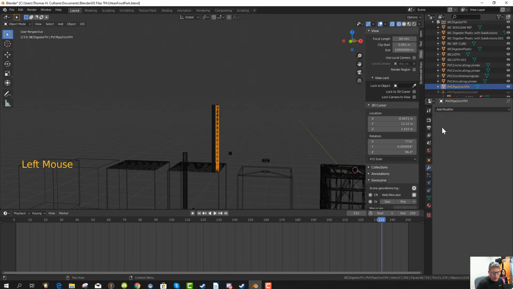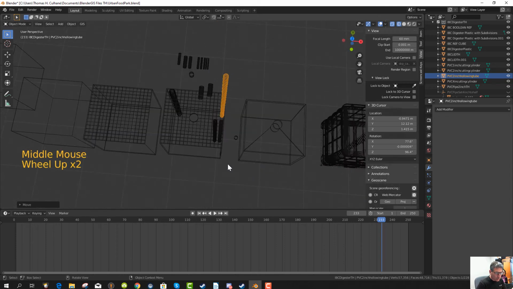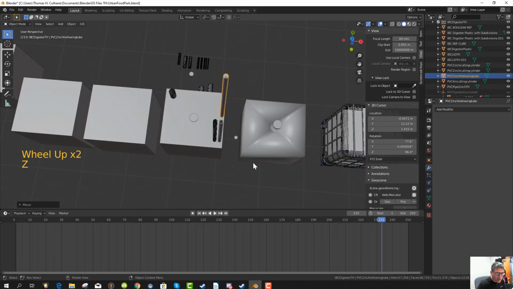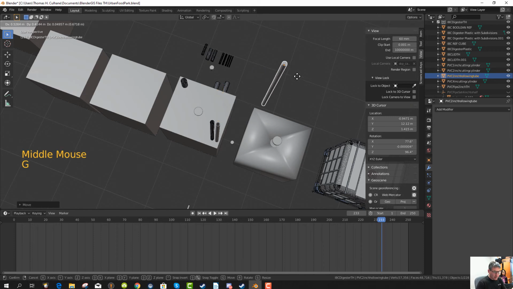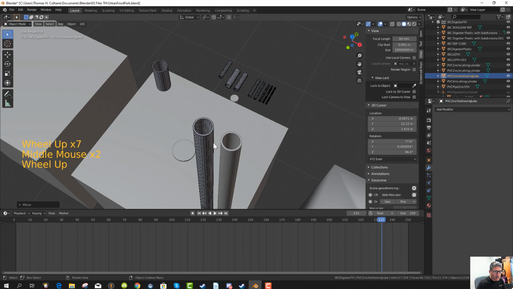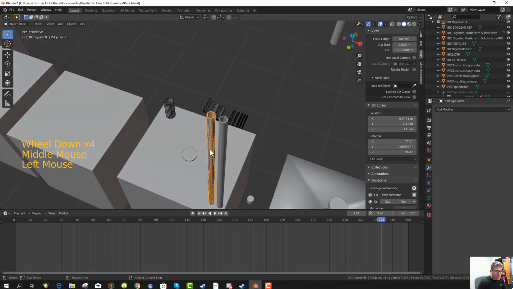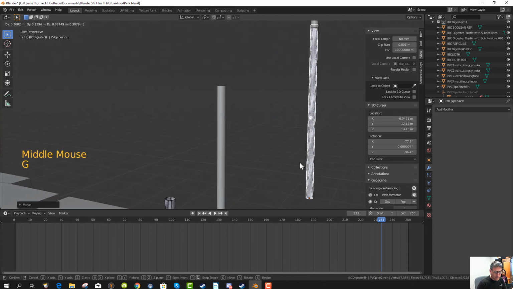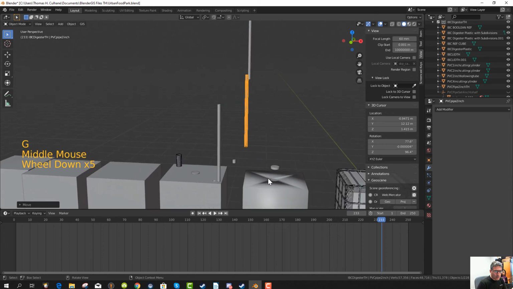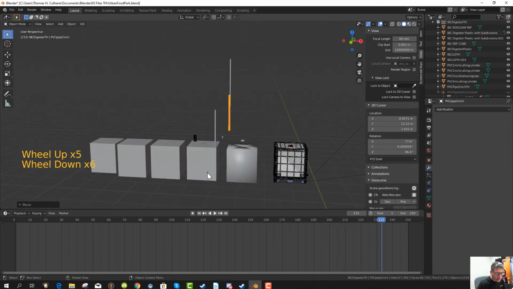and lo and behold, when I go to solid, I've created a hollow tube, which is much less complex, you can see, than the one that came in from SketchUp, which is a total mess. I no longer need the SketchUp one, but I'm going to keep it here just for the time being. I do want to punch out a hole in this one, and so I've got to find my little cutting tool thing there that I had, and I take my pipe,